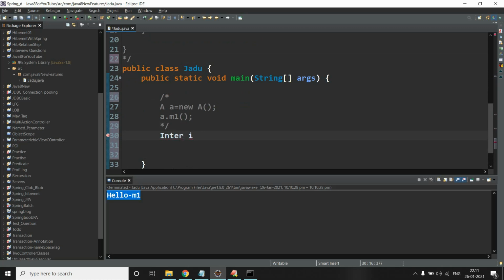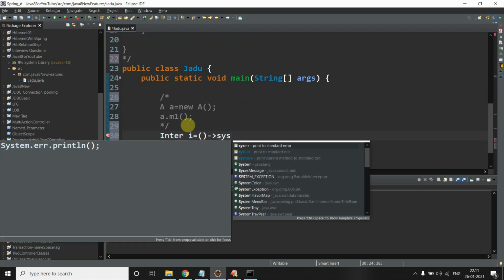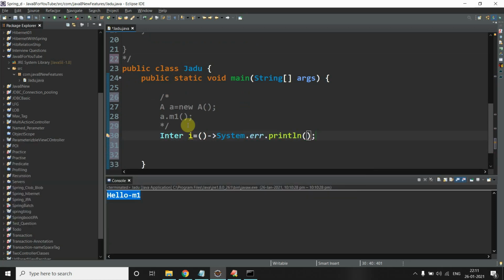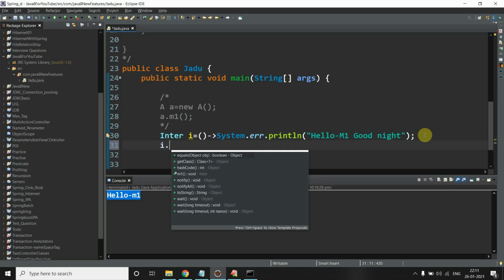Enter I equals, and if you remember from the first video how we give an implementation for that particular method with the help of lambda expression, hello m1, good morning, or whatever you say, good night, anything. Now let me call i.m1.